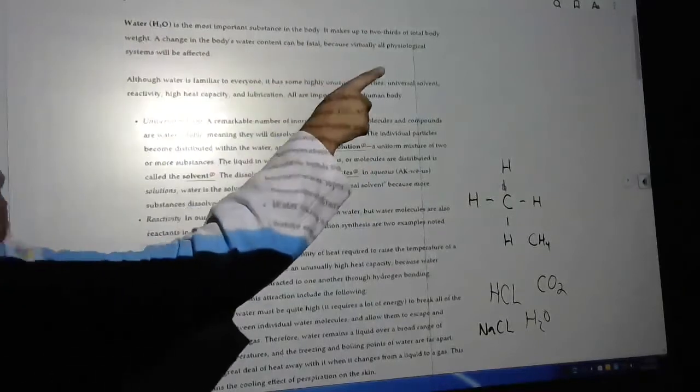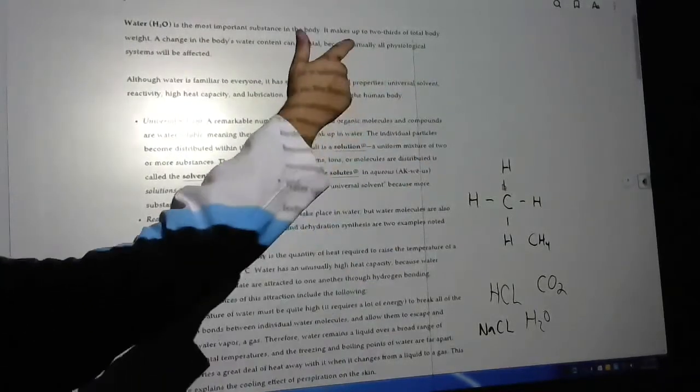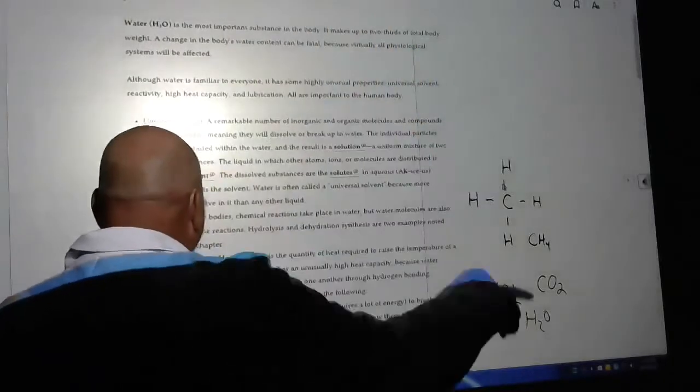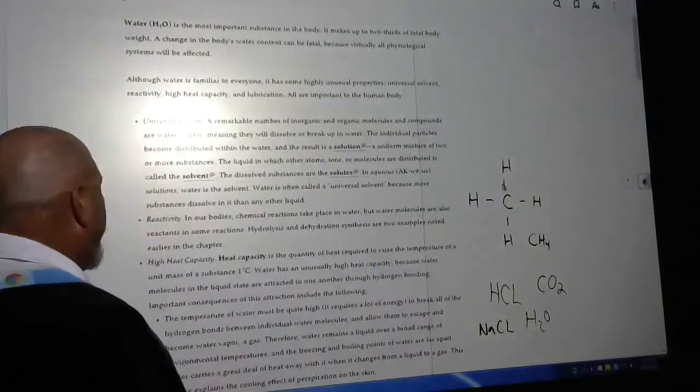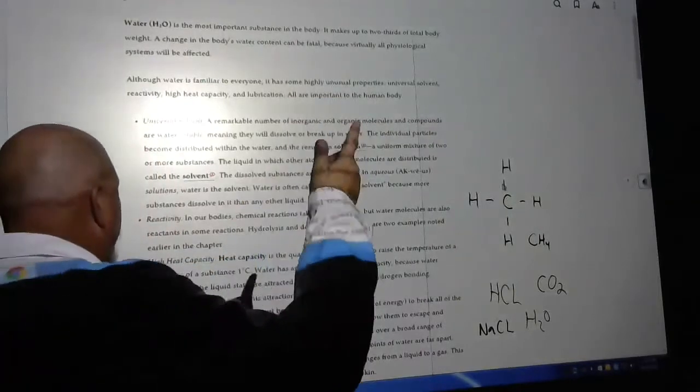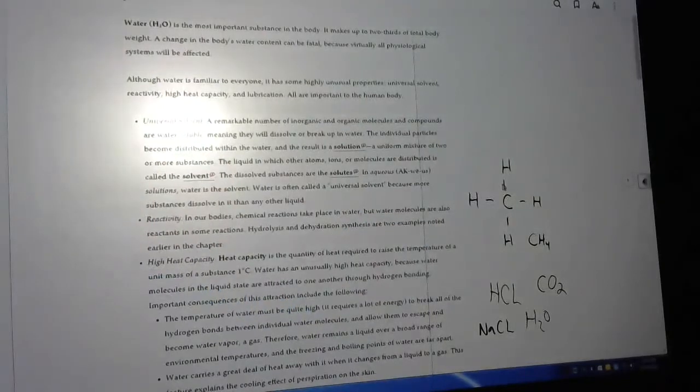Reactivity: our body's chemical reactions take place in water. That's almost every reaction, such as hydrolysis or dehydration, which is what we just talked about. Water has a high heat capacity, which is the quantity of heat required to raise the temperature of a unit mass of the substance 1 degree. Water has a really high heat capacity, which makes sense, because we don't want our body temperatures